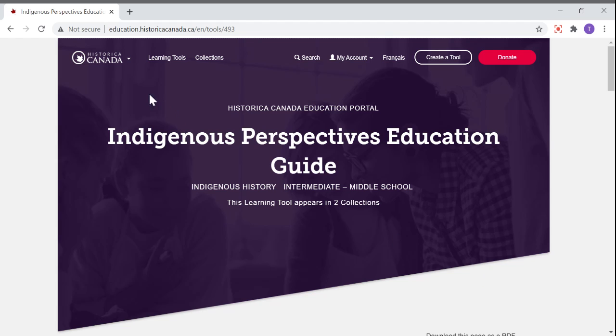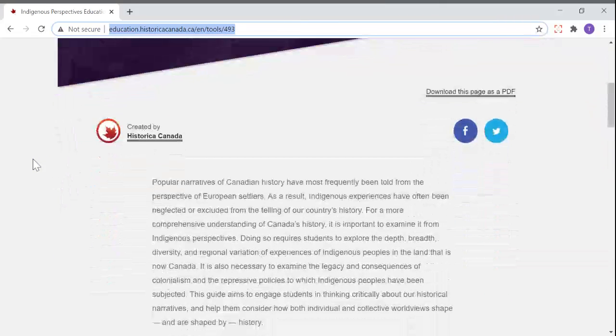So this is from Historica Canada, which is a part of the Canadian Encyclopedia. And this is a teacher's guide. So it's got a bunch of different ideas and information that you can use with your students to walk them through activities and different history ideas, things like that. The link or the website is right here, education.historicacanada.ca/en/tools/493. And if we scroll down here, this gives you a bit of description of what this book is or